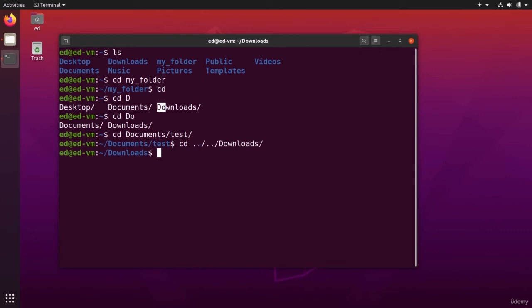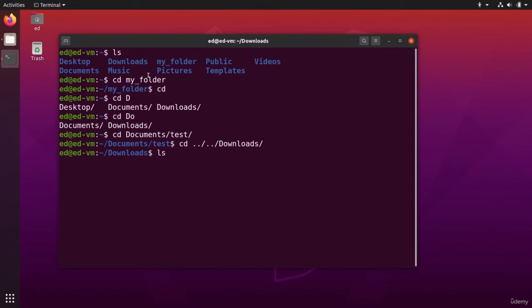And one more thing is you can use the history. So when you write some commands, they are going to be saved in history. So you can use the up and down arrow keys. So if I use up, you can see I have the command I have just run before. If I use up again, you can see cd documents/tests. Up again, I have the cd that I have used here, okay? And then once more, cd my folder, once more ls, okay?